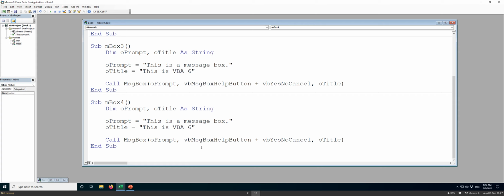So you can remove the help button. We want to know what they click: Yes, No, Cancel. If yes, then we tell them one thing; if no, then we tell them another. In that case, you cannot use Call, but you've got to pass it to a variable. That means you define result as VB